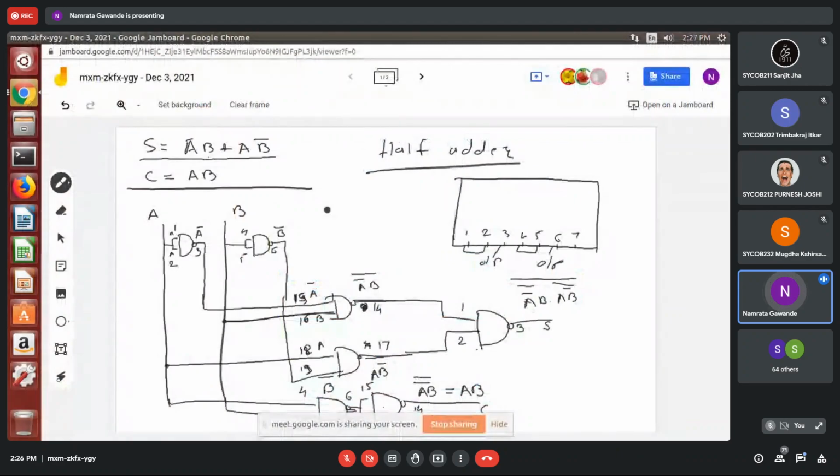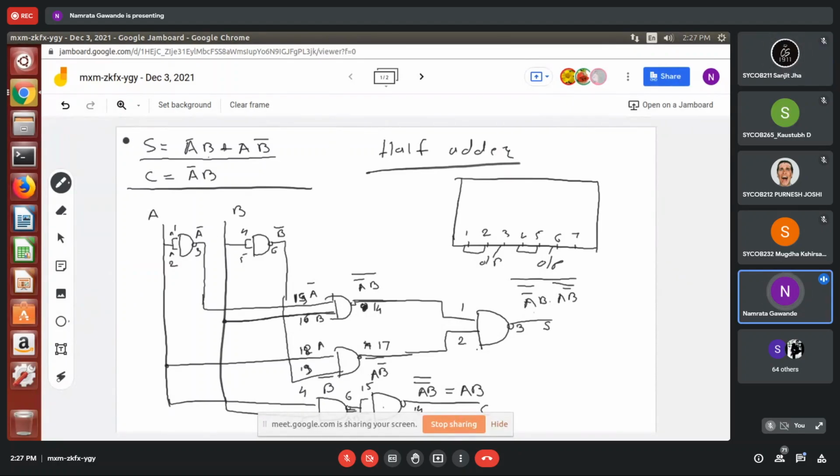With half subtractor, instead of C equal to AB, what will you get? Can you tell me? A complement B. A bar B, right? Yes, ma'am, I just swapped the variables.